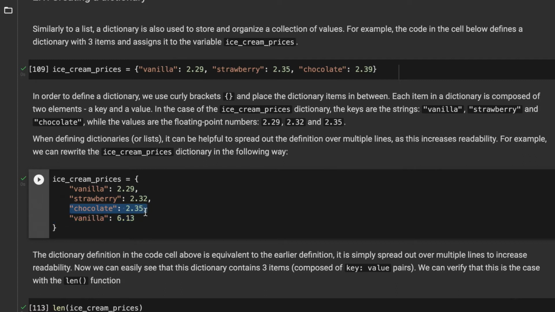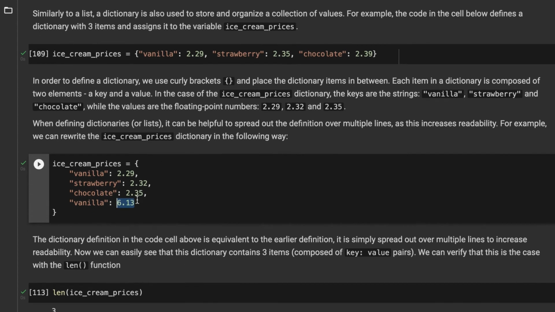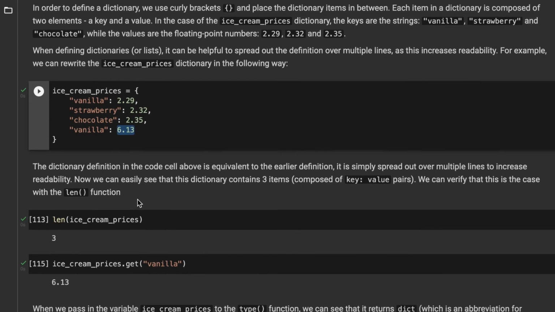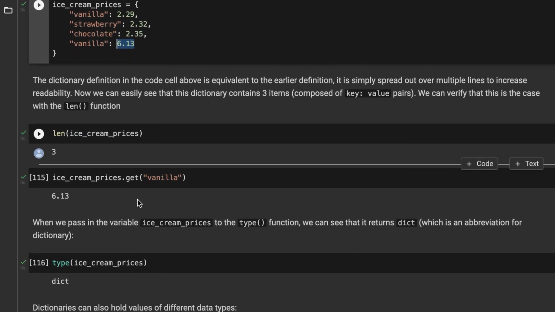Now we have three key value pairs inside, and now Python sees that we are trying to use a key which is already inside the dictionary. So what Python does is it replaces the value which was here before with the new value here, and that's why we still have a dictionary with three things, and all of the keys in the dictionary are still unique. So if that's not the case and you check this, then please let me know